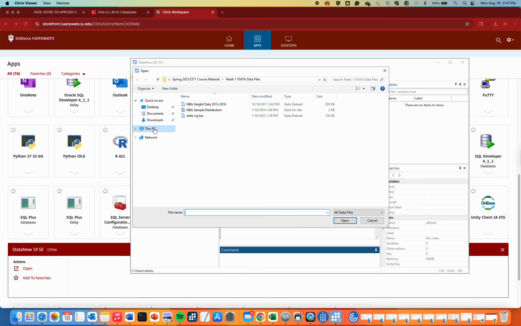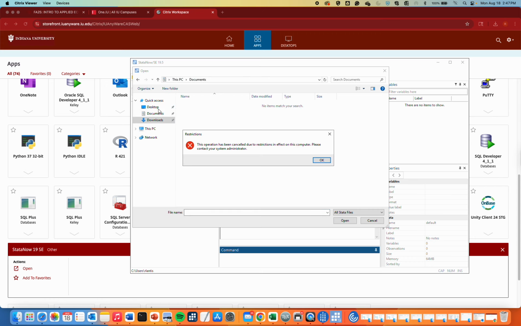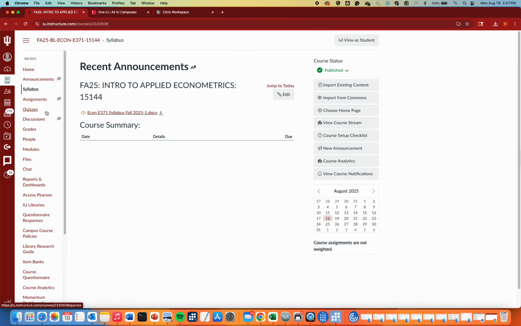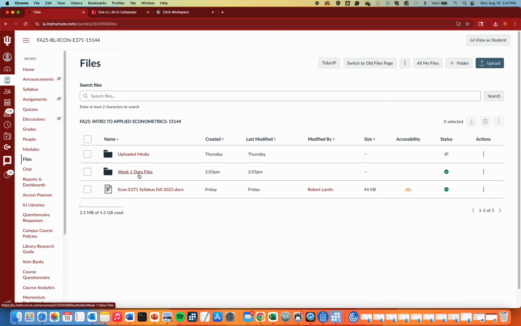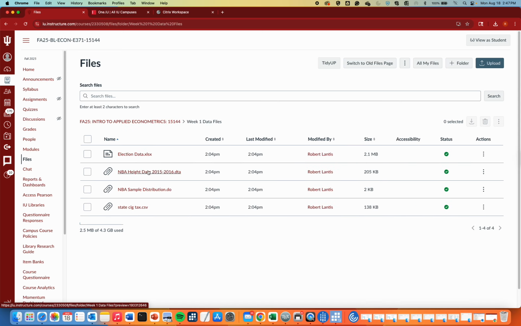now it already defaulted to my OneDrive. If I tried to go to my desktop, first of all, I don't have any files showing up there. But even if I did and I downloaded the file from Canvas and tried to open up one of these .dta files, so let's say I'm at the Canvas page, I'll go to Files. I've got the week 1 files already uploaded there. We're going to try to open up this NBA height data, right? So if I downloaded this,